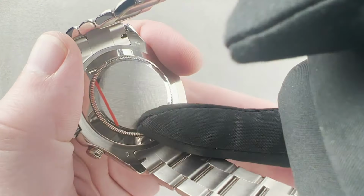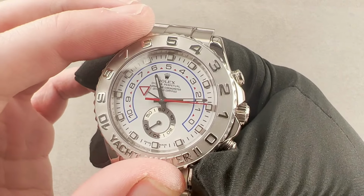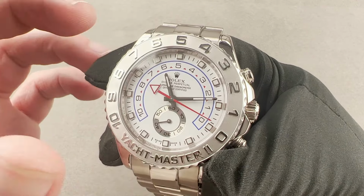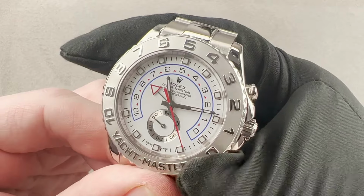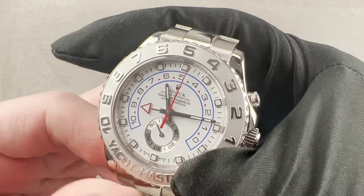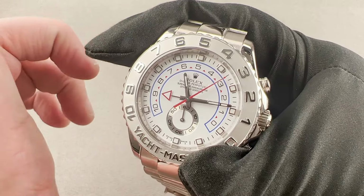Now, that movement inside, Rolex's most uncommon chronograph caliber and most complex movement ever. This movement is based on the Daytona, but they make a lot of changes. First, there's the whole ring command system. There's the programmable mechanical memory. Note that if I stop the chronograph and I reset it, it resets to my programmed countdown until I change that programmed countdown. So we've got a vertical clutch and a column wheel, bidirectional automatic winding on a rotor bearing,